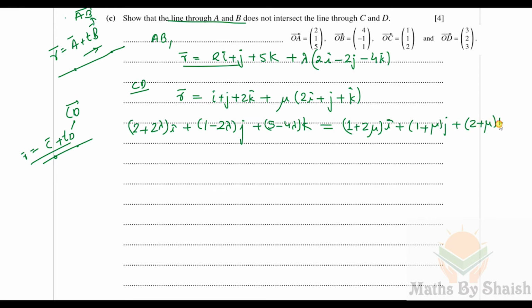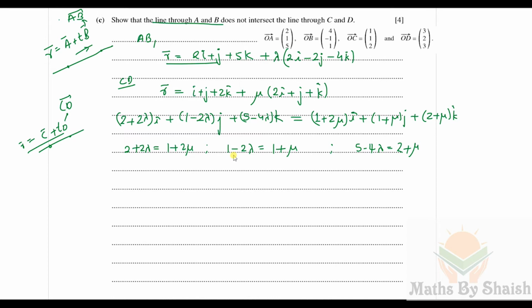So now if we equate their coefficients, we will get 2 plus 2 lambda is equal to 1 plus 2 mu, 1 minus 2 lambda is equal to 1 plus mu, and the last one, 5 minus 4 lambda is equal to 2 plus mu. Now we'll find lambda and mu from any two of the equations, and we'll check whether it satisfies the third one or not. So I will take the last two equations to find lambda and mu, and we can subtract the second equation from the third, or the third equation from the second,